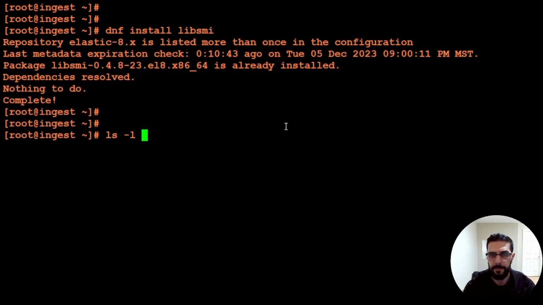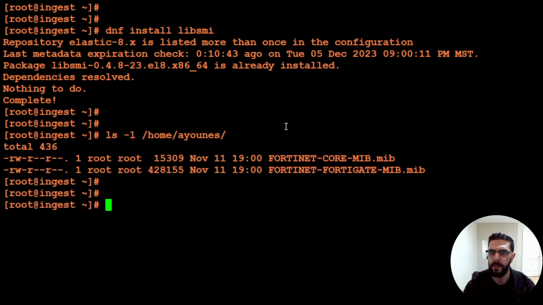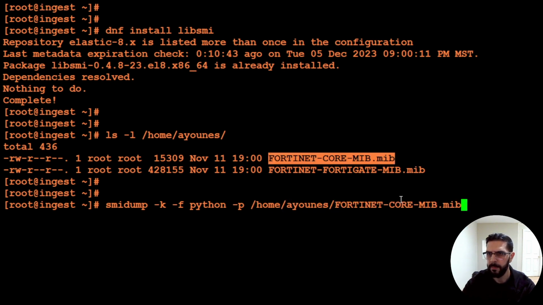And the MIB files that I downloaded from my Fortinet firewall are under my home directory. If you want to run that command line utility, smidump, from here, all you have to do is smidump -k -f python, for the Python format, and you point to the files and the core MIB file, and then